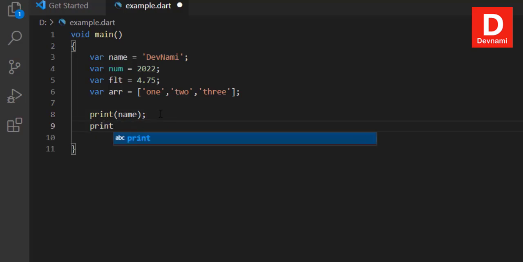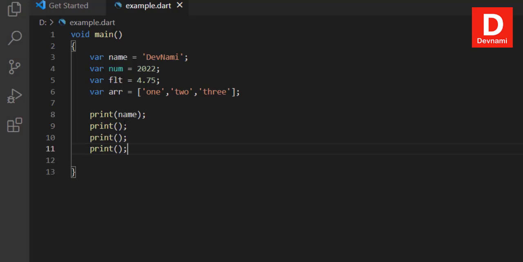Let me just copy the function. Right here, let's add in number, then float and array. Right, can also specify one of the elements within the array with numbers, so 0, 1, 2. I can specify that, or